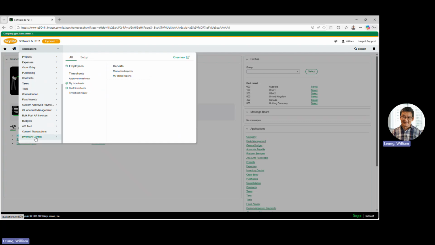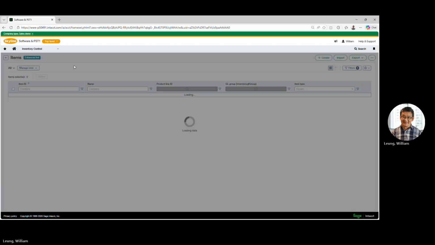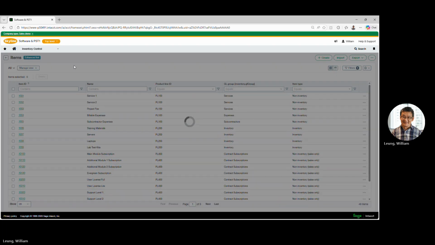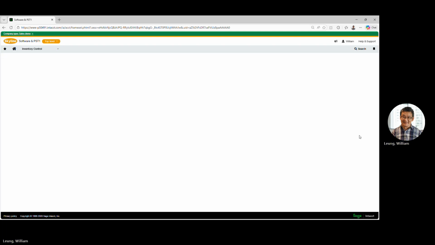So if I go into that, the system's a bit slow. So this is the item type. And if I just edit this, one of these of type inventory,